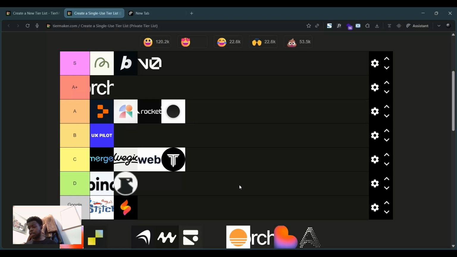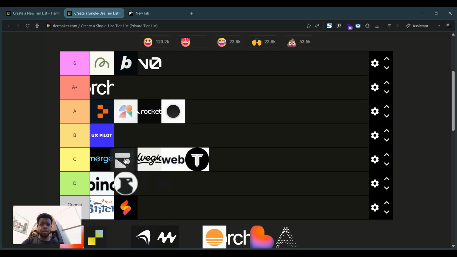But what I will say is that the $29 a month plan is a little expensive, and you only get 3 projects as well. So because of that, I'm going to put Subframe, unfortunately, into the C tier, but right here next to Emergent. The next tool we're going to look at is a tool called Capacity.so,